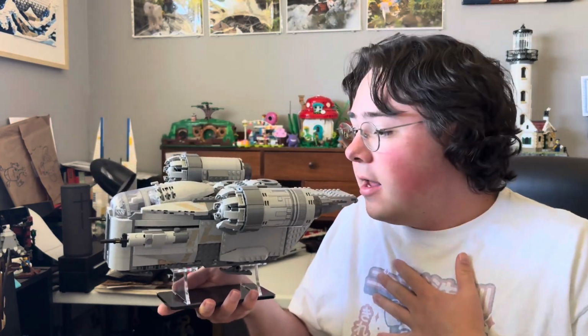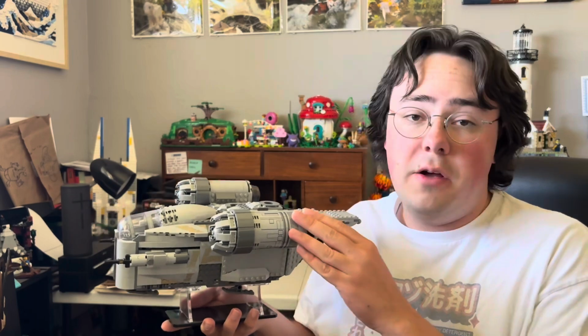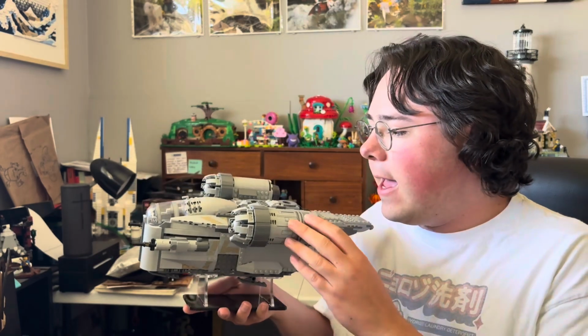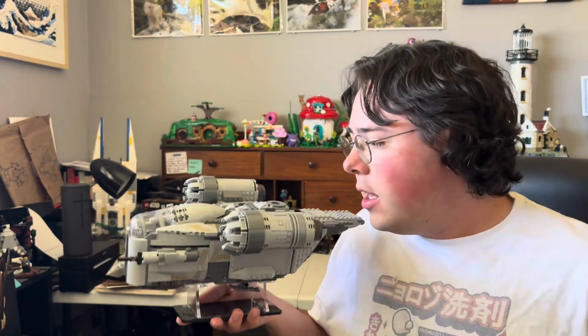My name is Ian. I have this retired Lego Razor Crest set number 75292. It has a little over 1,000 pieces, 1,023 pieces. It's a 10 plus set. This set came out in 2020 and it is retired, like I said, so you can't buy it from Lego stores or retailers anymore. I'm sure you could find it on eBay, Bricklink,